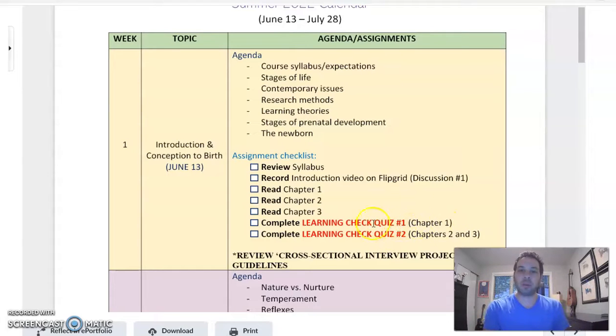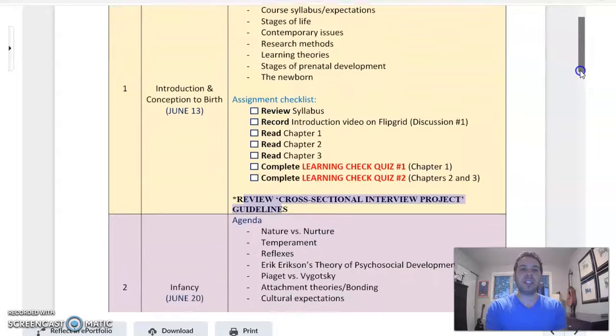Quiz number 1 is on chapter 1, and quiz number 2 is on chapters 2 and 3. Each one is worth 10 points. And then lastly, there is a semester-long project. Please review those guidelines. So this is what the course calendar looks like, and you'll see the same thing for